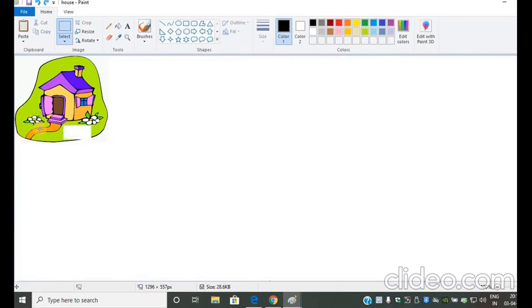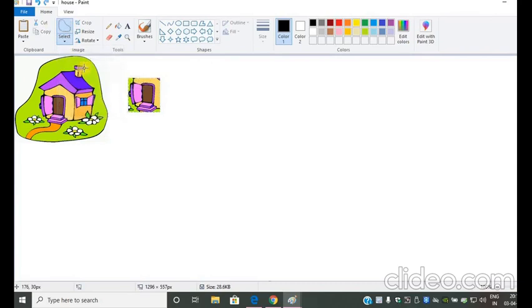Let's make the selection of the door. Yes, and I can say copy, and again I can use the paste option, so I will get one more door here. So this way you can use the select tool for doing cut, copy, paste with your object or with your image. For that purpose we need to select an object or an image from any of the pictures. Now let's see how the free form selection will work.